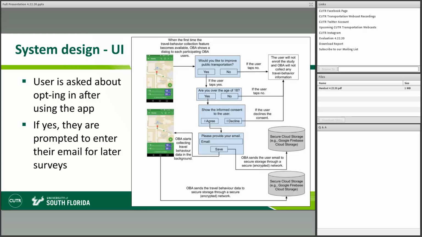Then we show them an informed consent document if they agree to enroll. At this point, we also capture their email address, so that we could follow up with them with additional surveys via email to capture things like demographics information, which is a little easier to answer via an email than to implement and capture all this data in the app.